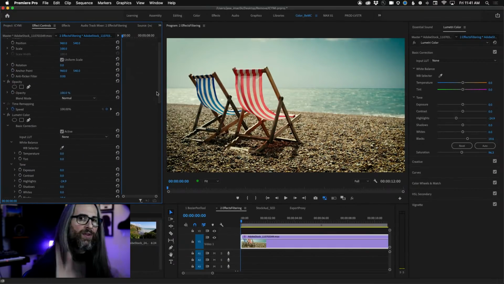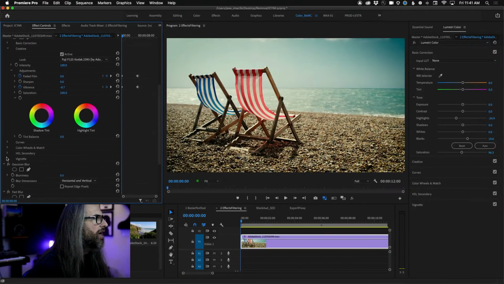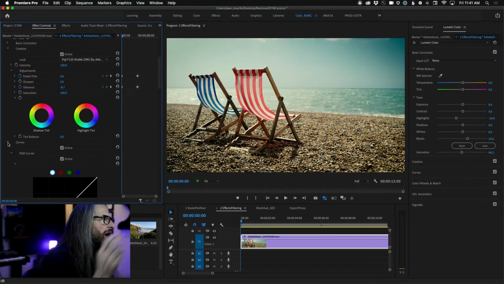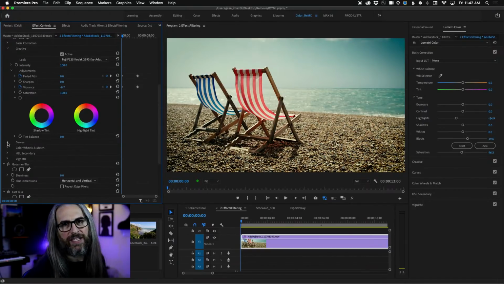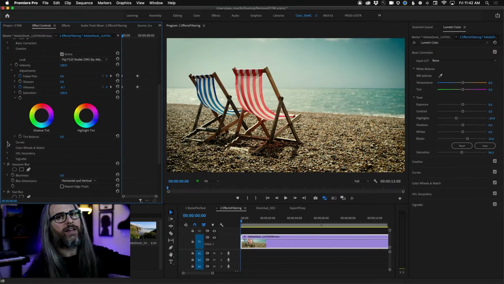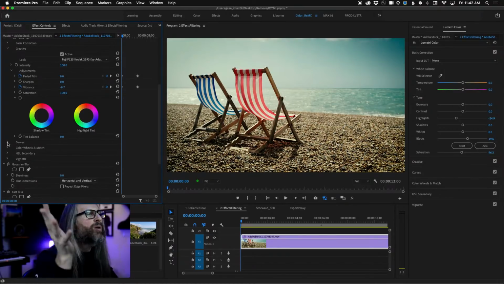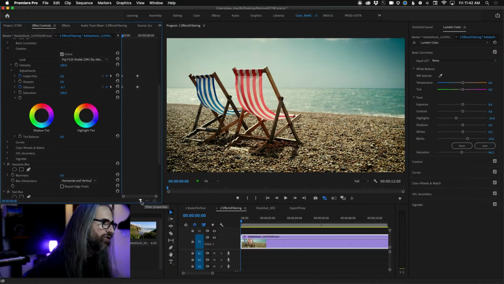Of course, that's going to show all effects and all the things that you have in the state that you left them. So this is the thing that I often do, and tell me if you're with me here. I'll do something in basic, I'll twirl it up, I'll do something in creative, maybe I'll leave that open, I'll do something real quick in vignette, and then I'll close it, and I'll forget if I've done anything in there. So I'm twirling up and down the modules just to clean up the interface. What if I just want to say, okay, I love this look, I just want to tweak the vignette, or tweak some parameter that I keyframed? I'd love to be able to see just the stuff that I modified or edited. Well, now you can do that easily.